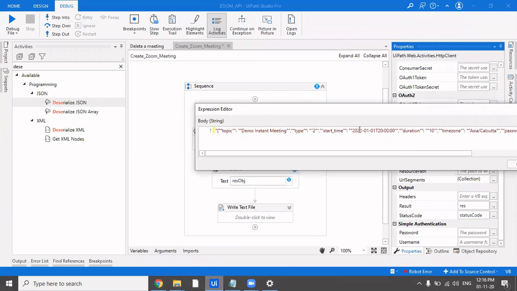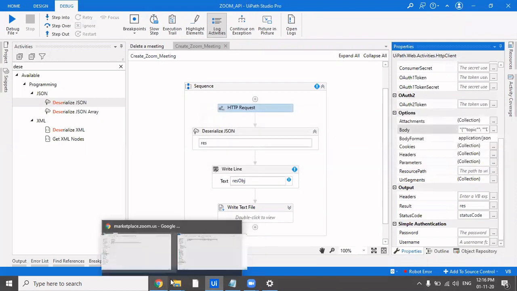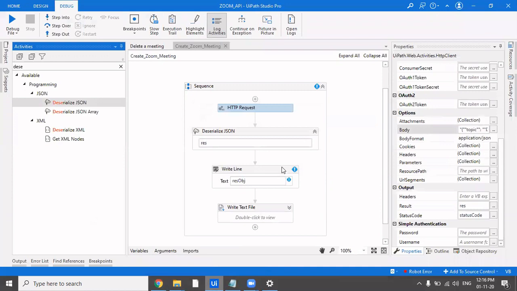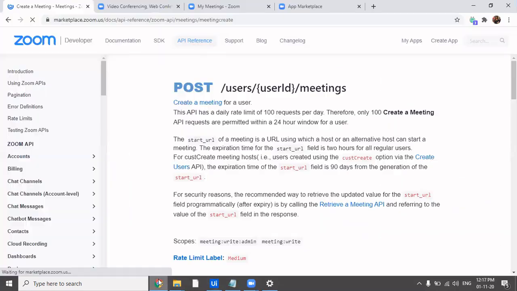So as of now, let me make this 2 and change the date. It was 1st December earlier, now let me make it 10th December. Okay, let me click on OK. Let's reload it again. Meanwhile, let's run this thing.